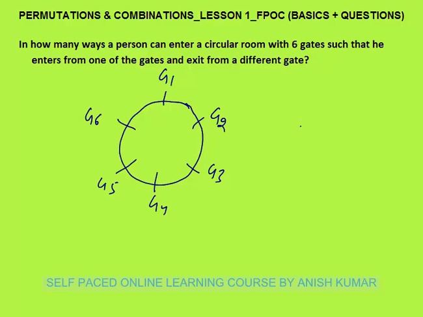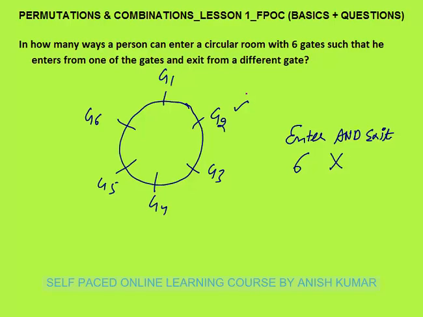So what we need to do, we need to enter and we need to exit. There is an and. In exams or in questions, and or or will not be given directly. You have to understand whether it's and or or. In this case, you have to enter and then you have to exit. So how many ways can you enter the room? You can enter the room from any one of the gates, gate number 1 to 6. So you can enter the room in 6 ways. And means multiplication.